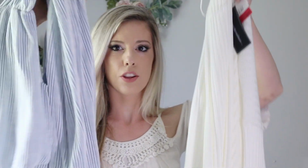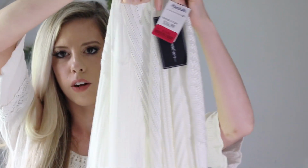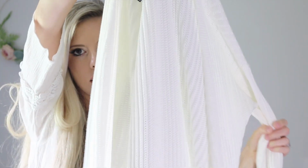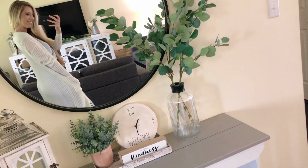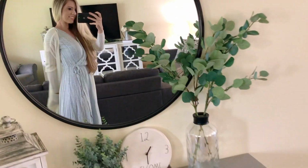But I thought this would be pretty with the other blue dress I showed you. If it's cold on the beach or cool in November, which it probably will be, it's just hard to say, I could always toss this white cardigan over that. I didn't have just a slouchy white long cardigan like this, so I was excited to see it was only